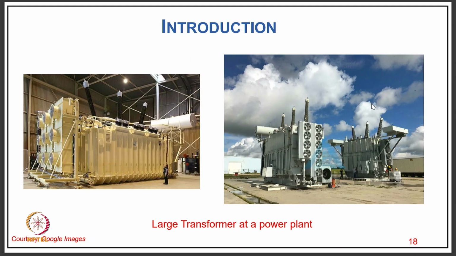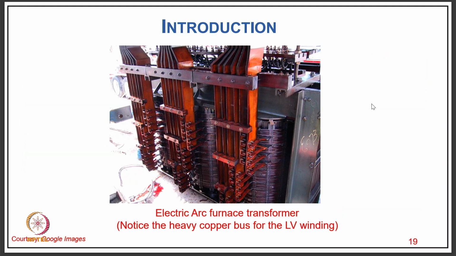Well, you have a large transformer, typically at a power plant. Then you have a typical electric arc furnace transformer. In the furnaces, of course, we have to convert the three-phase supply to single-phase supply, and we use a special connection, what we call a Scott connection, which converts three-phase supply into two single-phase supplies, and we give two separate furnaces so that these furnaces behave as a balanced load on the three-phase supply system. Since these are very high power ratings, of the order of 500 to 600 kV up to that maximum rating,